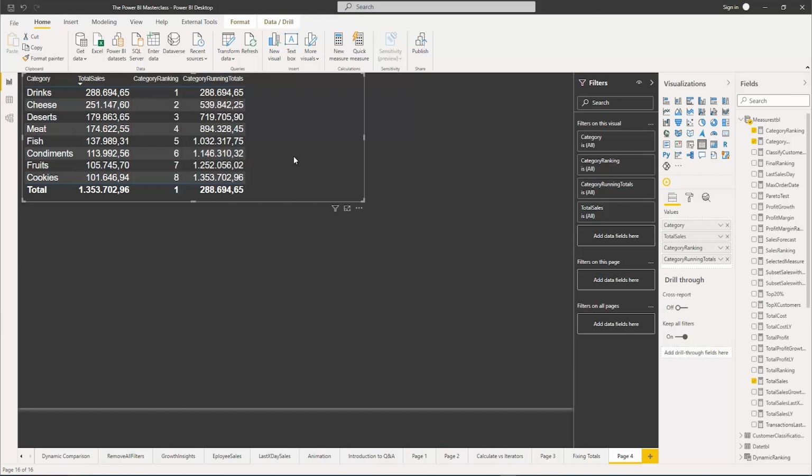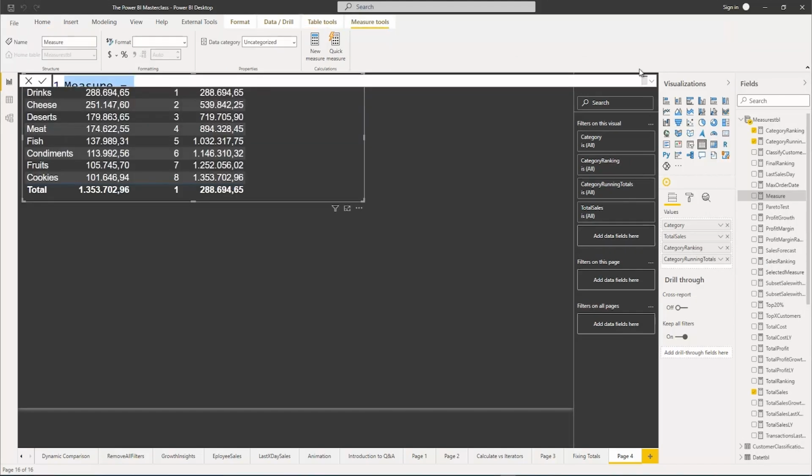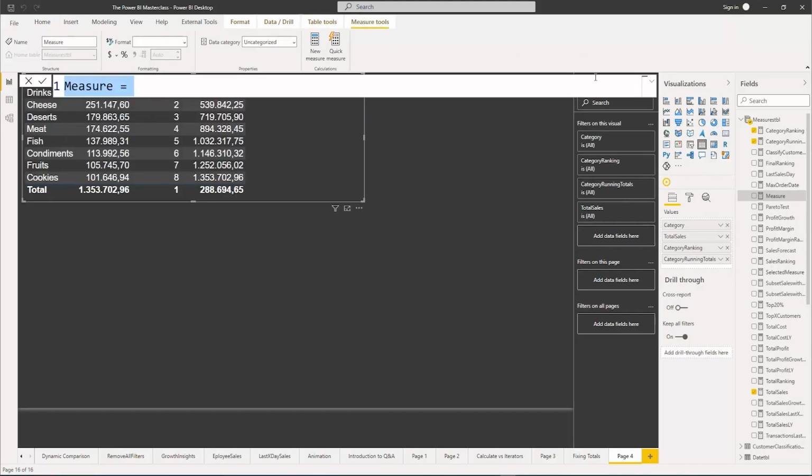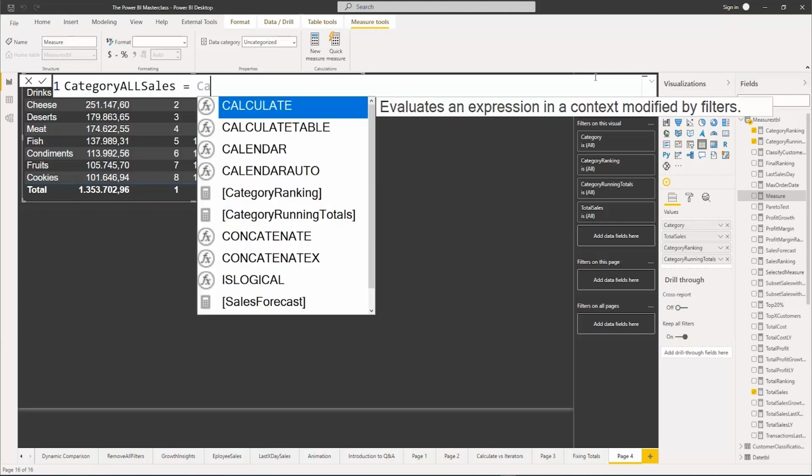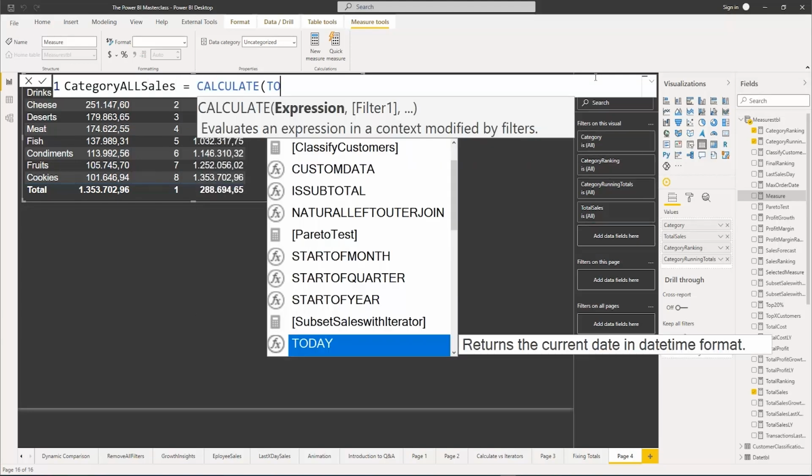Then the next step would be that we calculate a measure which includes all sales. So basically we would like to have this 1.353 million and so on everywhere. So that's actually kind of simple, because all we need to do is we right click on the measures table, new measure, and evaluate this with the calculate function, which allows us to change this context. Let's call it category all sales, spell it correctly, is equal to, and I want to calculate, and then the expression will be the total sales,